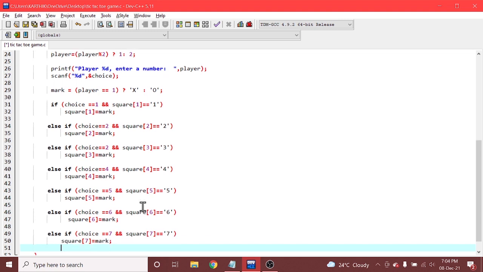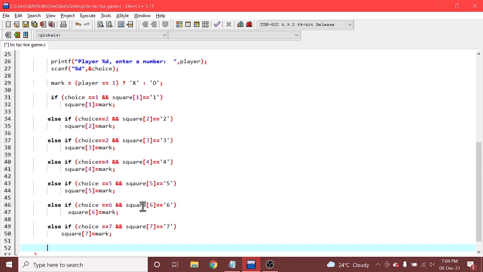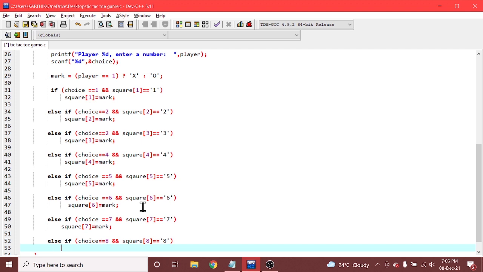Okay. Again we are taking an else if case for 8. Till 9 we have to take, right? If it is equal to 8 and square of 8 is equal to 8, then you assign that mark value to square of 8.